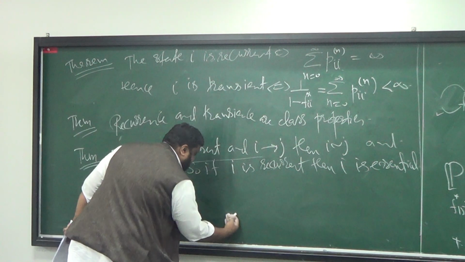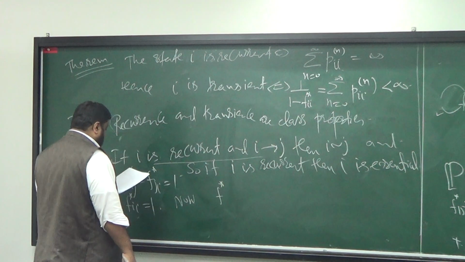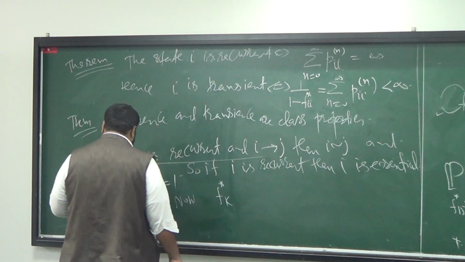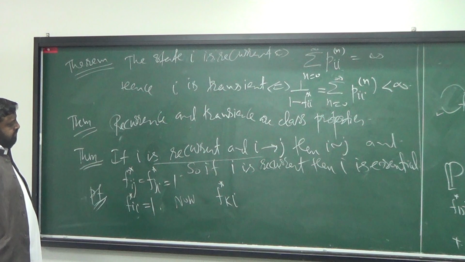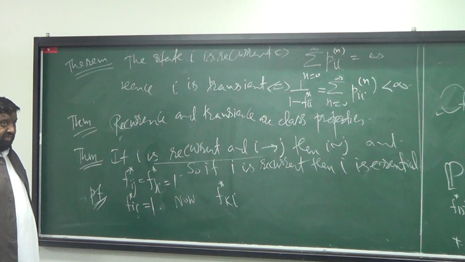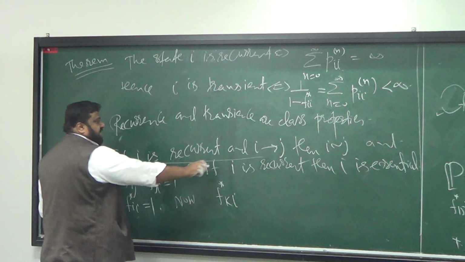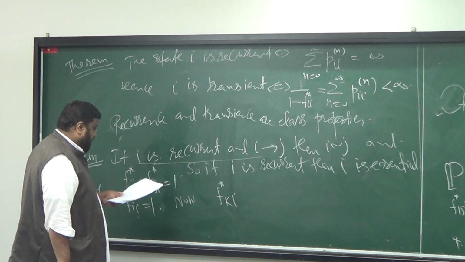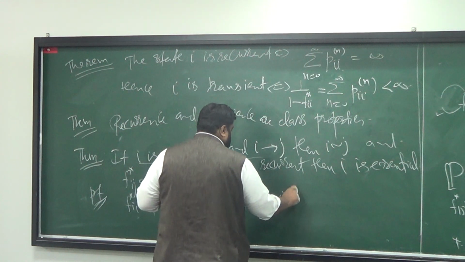Now consider the first step decomposition of F star K I, where K is another state from where you can reach I. By the way, I'm assuming that I is recurrent and I leads to J, so eventually I'm going to talk about J. So think about F star KI, so I can say this would be PKI plus